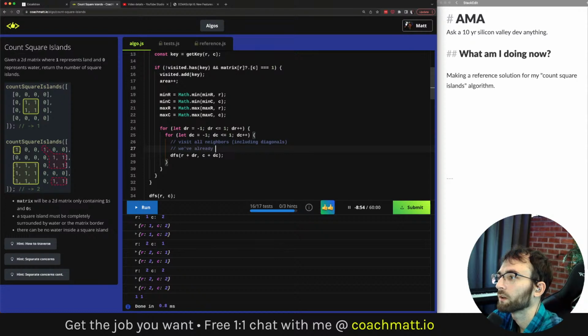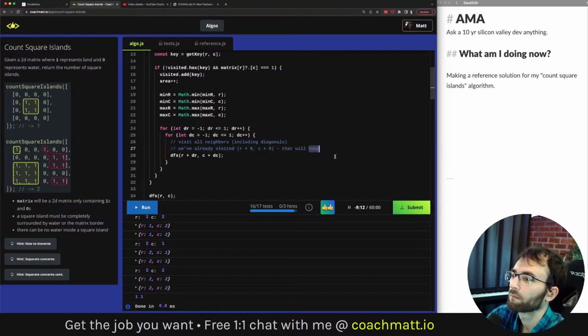We've already visited row plus 0, column plus 0, so that will no-op. No-op might not be a term that you're familiar with.